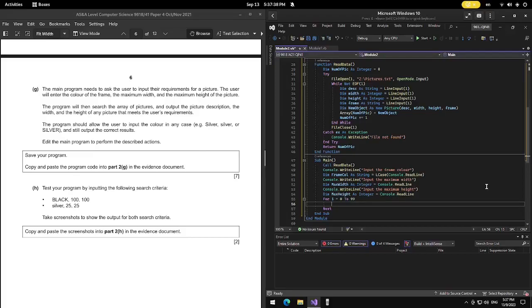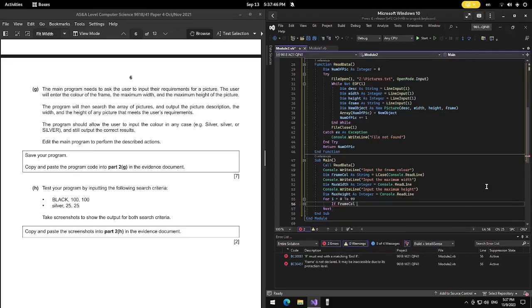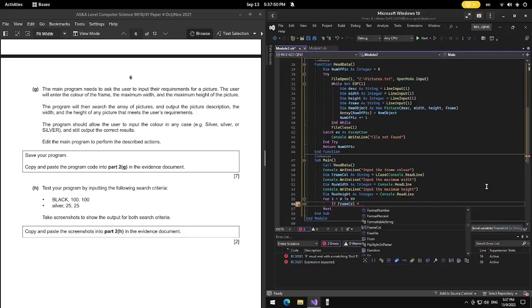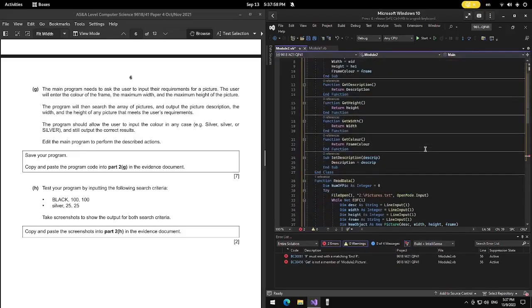If frame color equals array I dot get frame color, get color,